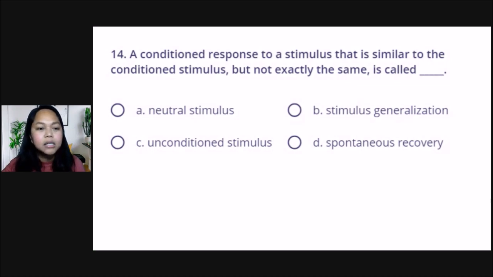Okay? But what do you think is the correct answer for number 14? Ano ang ating choice for number 14? It would be letter B. Tama po yung letter B, stimulus generalization. Pare-parehas yung reaction mo sa stimulus, which is not exactly the same, but it is similar. Okay, so stimulus generalization. You remember Pavlov's generalization, o yung term na generalization kay Pavlov, sa kahit anong uri ng aso ay natatakot ka pag meron kang phobia, that's generalization. Okay, so kahit na hindi sila parehas, hindi exactly the same, pag may similarities, ay pareho yung response mo.